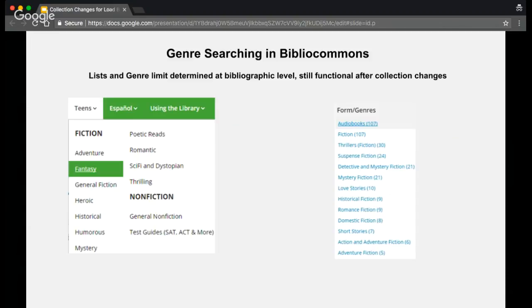Even though collection names for shelving are being condensed, collection development librarians are still placing all applicable genres on the catalog record of each title when the title is ordered. Even though suspense items will now receive a collection code and spine label for shelving in the mystery section, they will still get a genre of suspense fiction in the catalog. Customers can still browse these titles by their genre in BiblioCommons using the browsing lists and search or limit materials